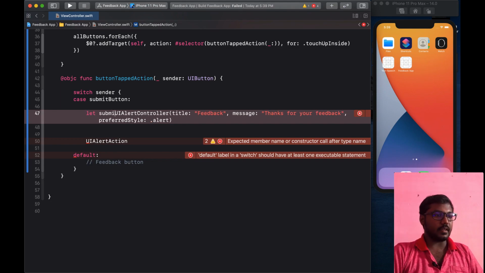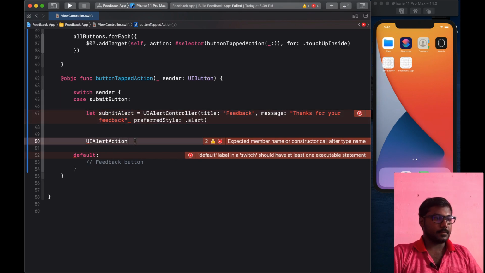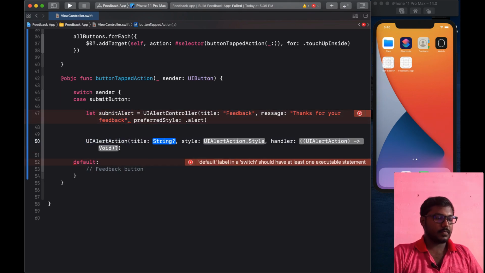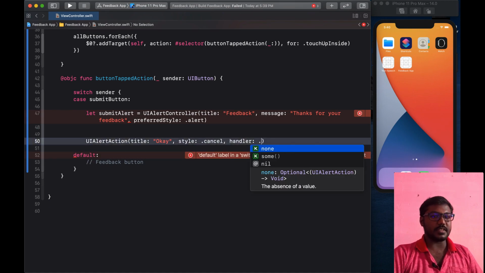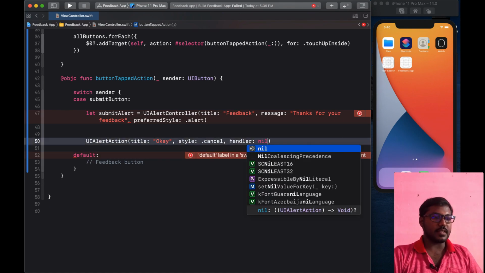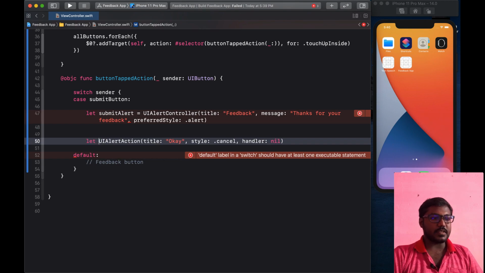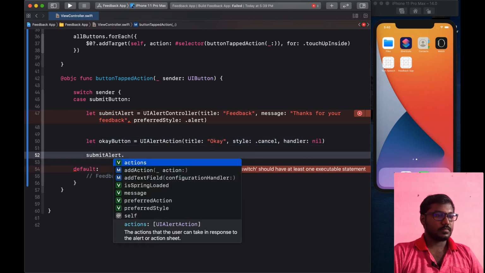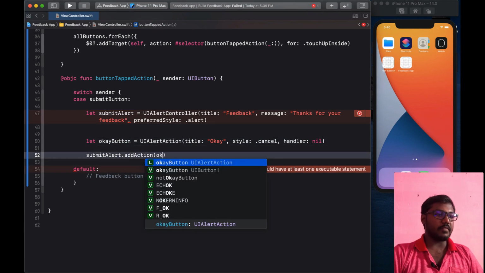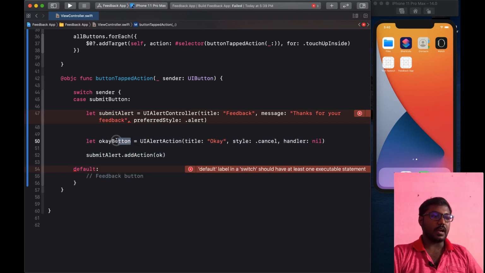Now set this as an alert style. Then adding the action, an OK action, with a cancel style, and there is a handler, but we don't need to do anything. Then setting the button action variable, then adding the alert action to the alert controller.